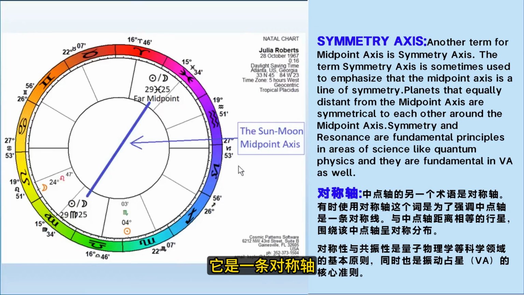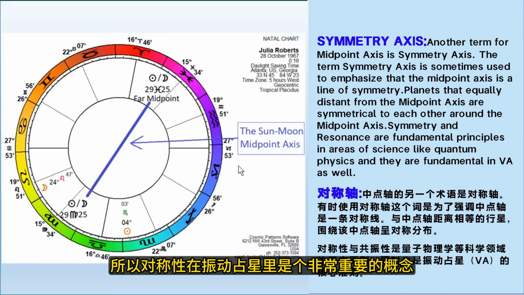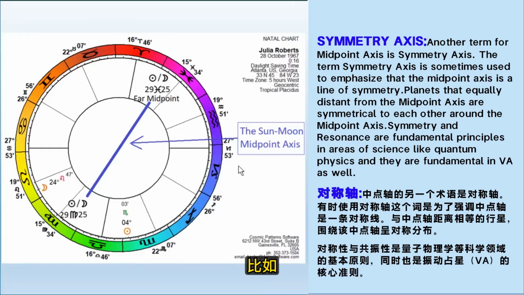It's a symmetry axis, and it's a point where angular distances are the same. And when angular distances are the same, it's like having two strings that are the same size and same length, and they vibrate at the same frequency, at the same note. So symmetry is an important concept in vibrational astrology. So you'll often hear it referred to